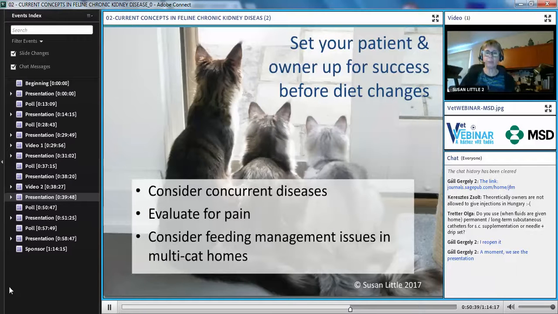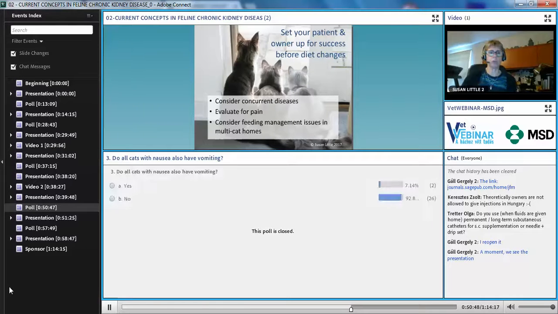And we do have some evidence that that does increase food intake, it does increase activity levels, and it does decrease vomiting. So meropitant and mirtazapine are two excellent drugs that we can use in our patients with chronic kidney disease. So we're going to talk a little bit about renal therapy diets coming up, and some of the ins and outs of using renal therapy diets. But before we do that,